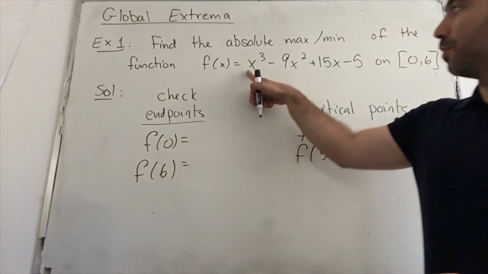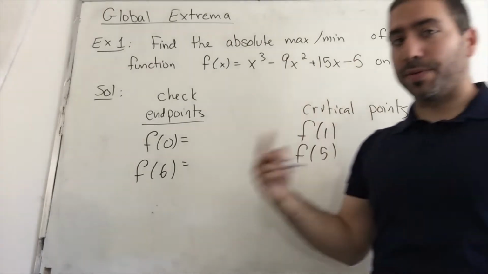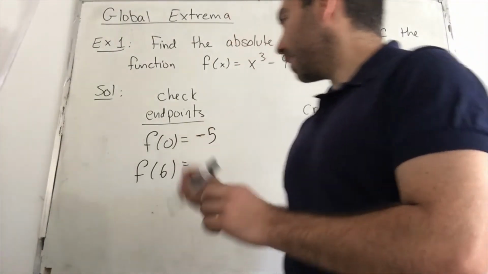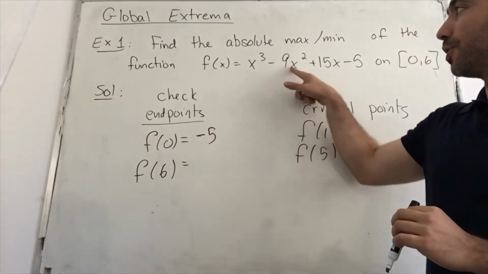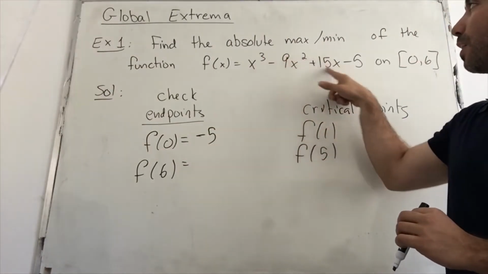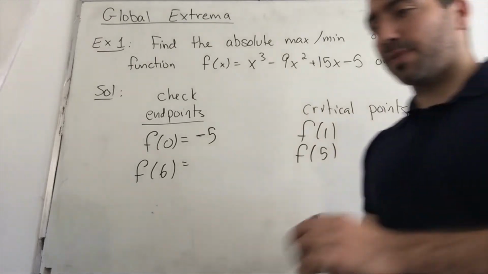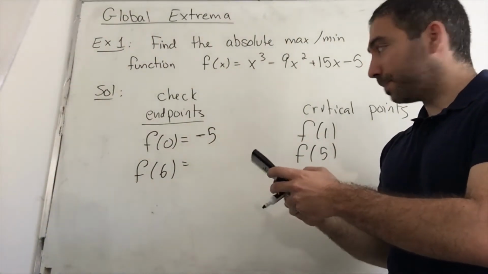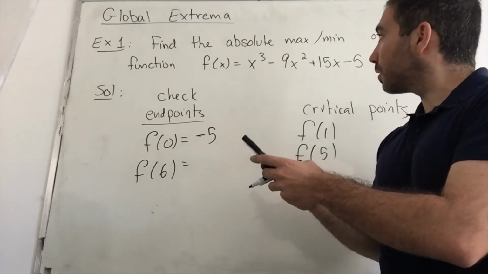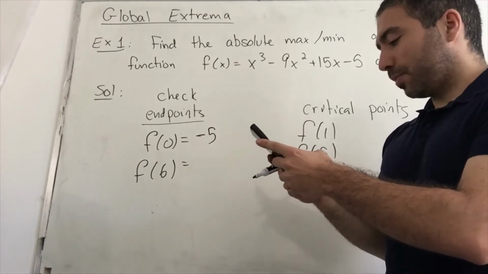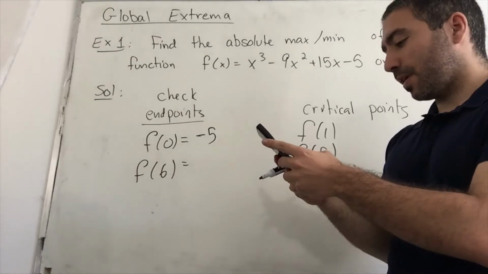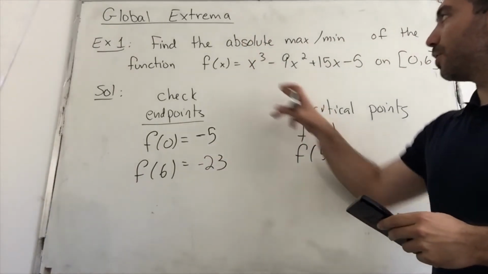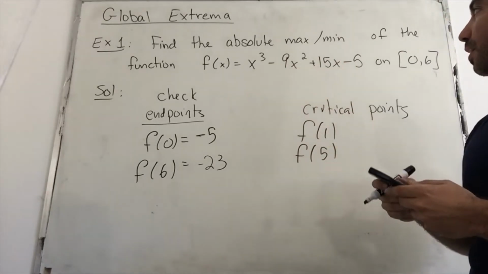F of 0, if you replace 0 into the original function, not the derivative, you get just -5. If you plug in 6 into the original function, so 6 cubed minus 9 times 6 squared plus 15 times 6 minus 5. Let me use a calculator. I got -23. Let's plug in 1, so you get 1 minus 9 plus 15 minus 5,